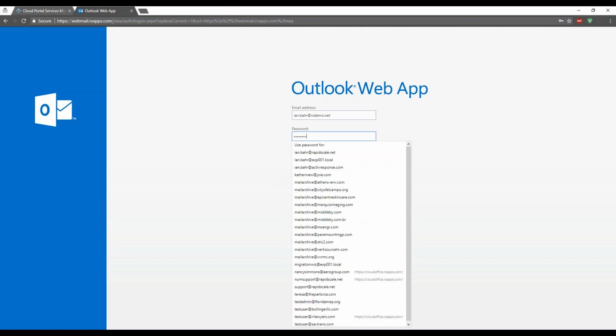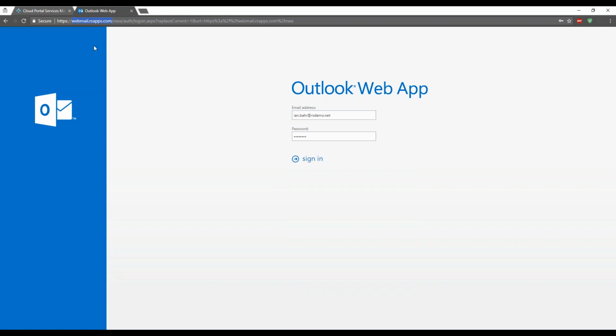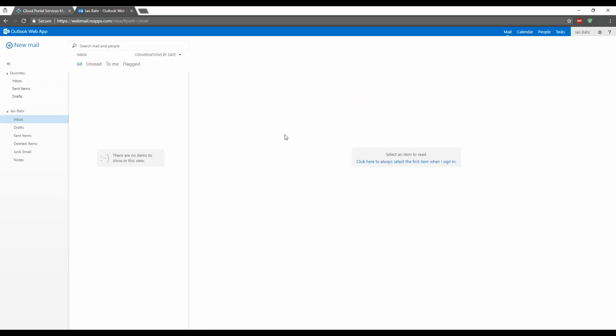And again, the webmail address for the multi-tenant Exchange services is webmail.rsapps.com. So those with a hosted Exchange multi-tenant, known as Cloud Mail with Rapid Scale, that's available to go to by webmail.rsapps.com. So once we put in our proper credentials, we'll go to our mailbox, and my mailbox here is kind of